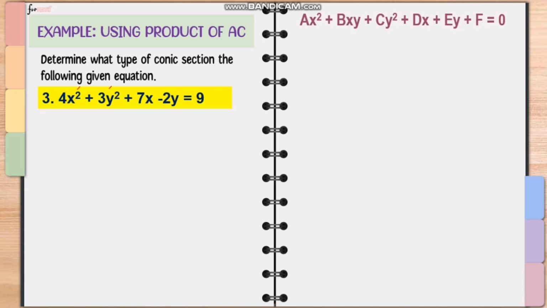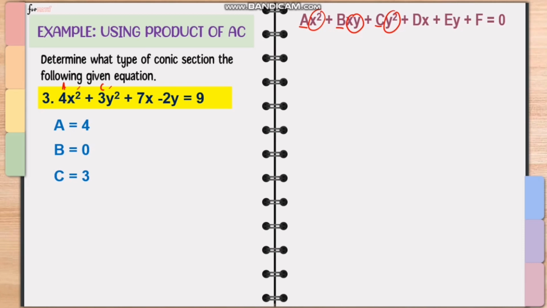And then, identify na po natin yung ating A. Once again, ang A po natin is the numerical coefficient for the x squared. So, meaning, ang A po natin ay si 4. Si B naman natin is the numerical coefficient for the xy. So, as you can see, wala po tayong xy na term dito. So, meaning, B is equals to 0. And then, C is the numerical coefficient for the y squared. So, yung y squared po natin ay may numerical coefficient na 3. So, ito po yung ating letter C. Okay? So, meron na tayong A,